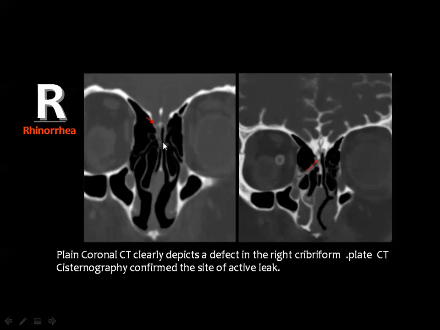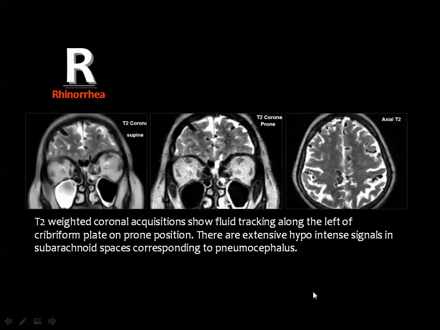And here there is a suspected defect in the cribriform plate of ethmoids in the pre-contrast images. Post-contrast images showed that the contrast material is leaking through the defect, going maybe through the nose. And using MRI in the true coronal means that you put the patient in the proper position and you scan the head and the skull base